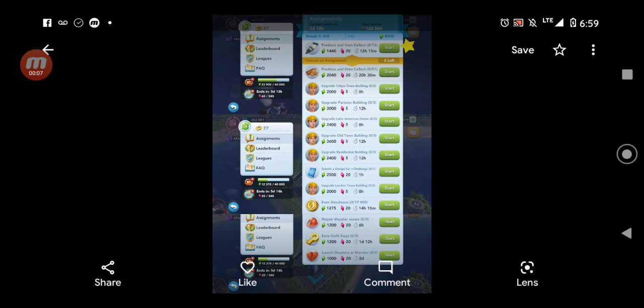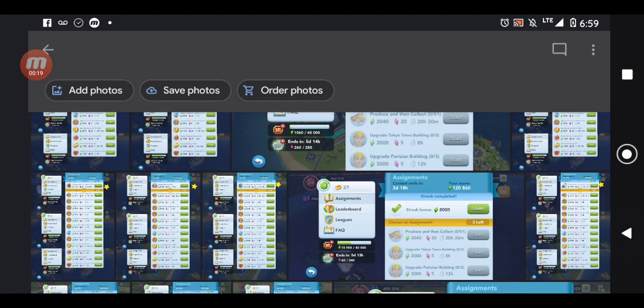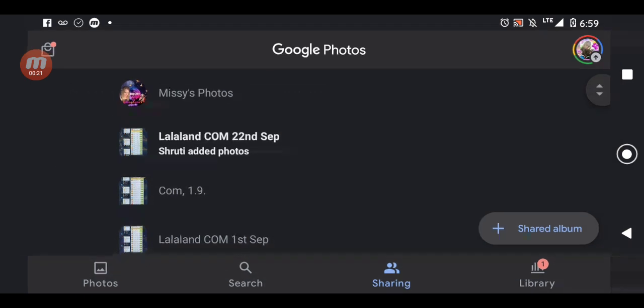So today we're going to be talking about some of the tips that you guys can use, whether you're high or low level players, to make sure that you are selecting the right things here, the right assignments. Now,